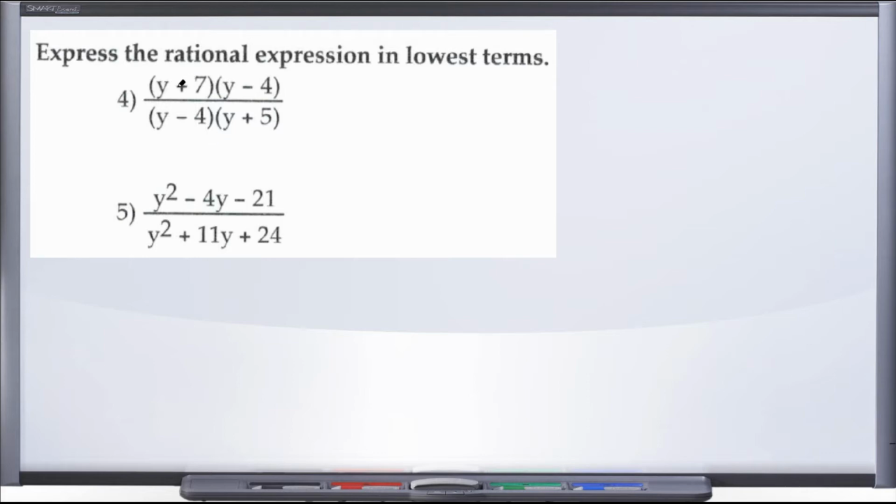Well, starting with y plus 7, we don't have a y plus 7 in the denominator, so the y plus 7 is going to stay. Y minus 4 in our numerator cancels with this y minus 4 in the denominator, so there goes y minus 4. And then y plus 5 in the denominator, no other y plus 5 in our numerator, so we can't cancel the y plus 5. And so when we rewrite this expression in lowest terms, we're going to be left with just y plus 7 over y plus 5,